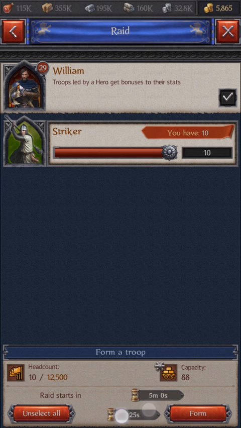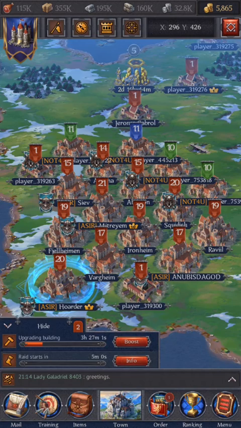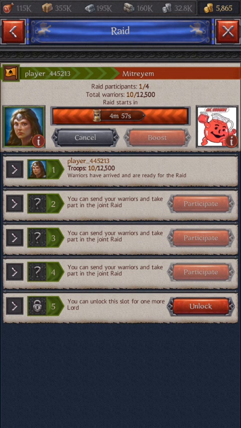There's also this timer here, this 25 seconds. That's how long it's going to take my own troops to join my own raid. It's kind of interesting, huh? Okay, so you see this timer now, this